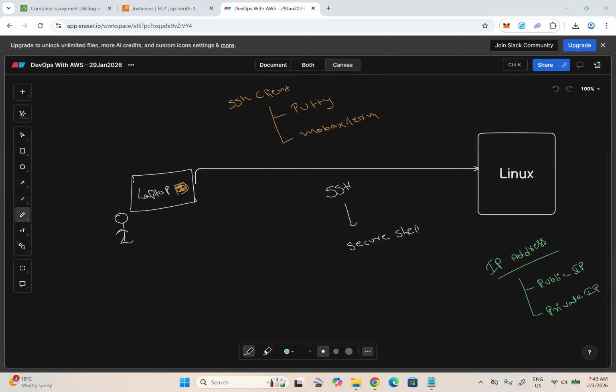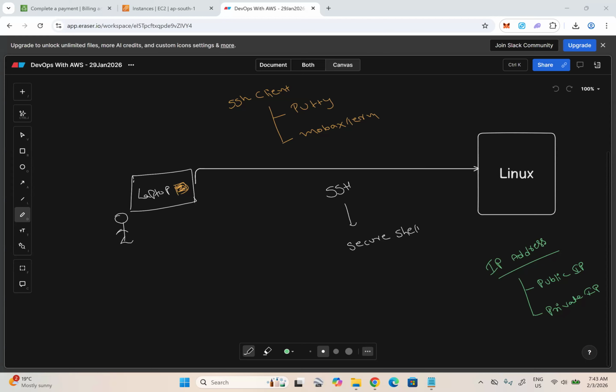And the example for a private IP is residential communities, which use intercoms that only work within that building. They can reach any number within that particular building. That number cannot be reached from outside, and it cannot communicate with anybody outside of that